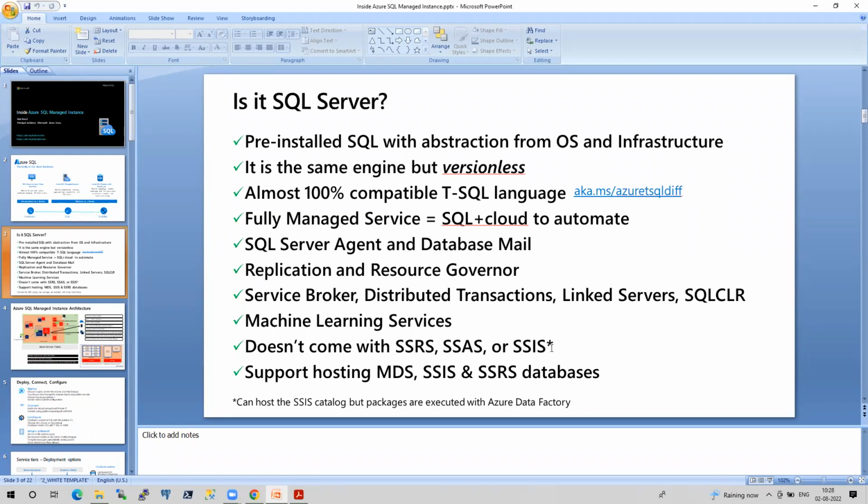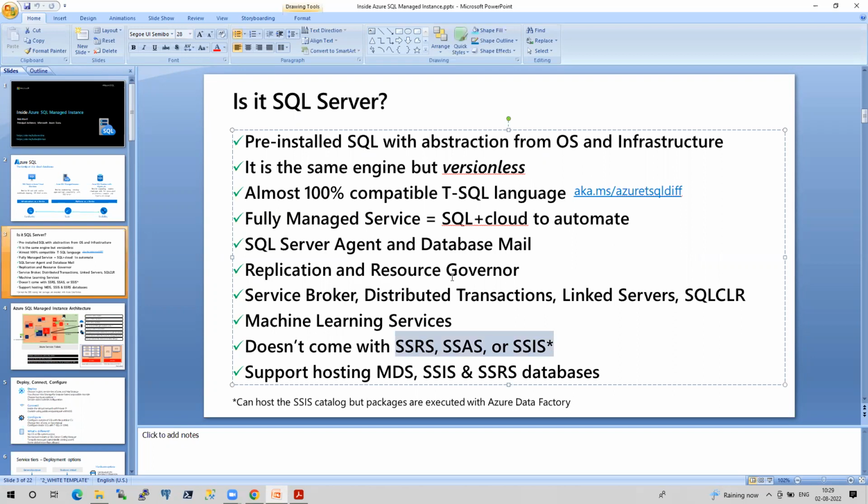Yes, the SSIS equivalent in Azure is Azure Data Factory, ADF. So we can leverage other services for those features, but not with MI. MI is only the DB engine. It doesn't deal with the other features. That is one more difference.